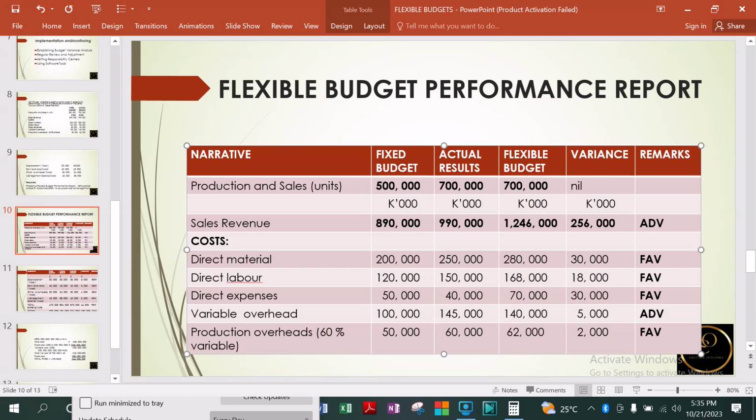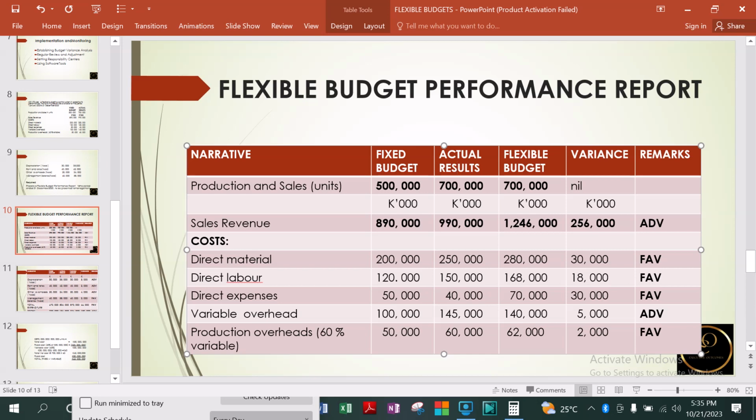Adverse means that it's not good. Favorable means it is good. So in this regard, when you look at the difference between the actual result and the flexible budget, the difference is 256. We are saying here that we should have made or raised 1,246,000,